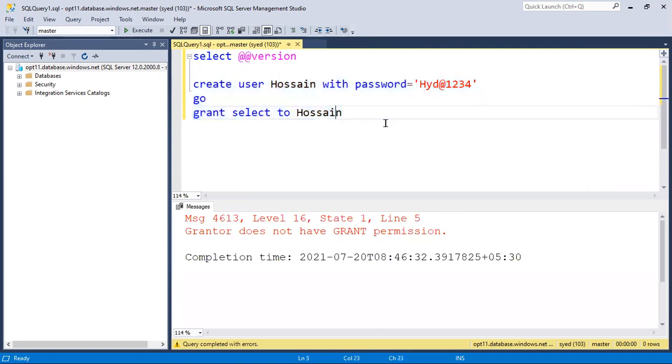Grantor does not have grant permission, it is saying. Sorry, I'm running in the master database.